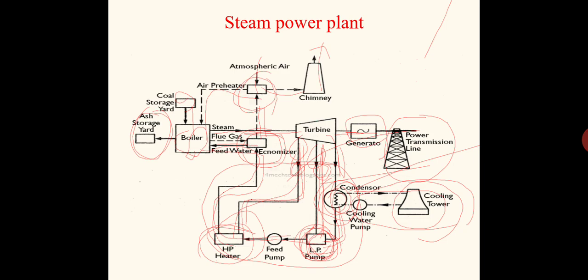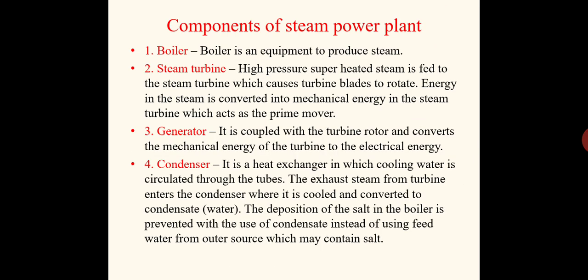Another difficulty is, if you are supplying the water from the river and sea, there can be salt deposition, as well as contaminants. That will finally come as a coating layer inside the boiler, which will create problems for the heat transfer inside the boiler. It will act as a shell. Okay, so those are all the difficulties. So the water circulated into the boiler should be in its purest form. To make sure of that, we will be using the same water to circulate again and again, so that it won't get contaminated. That is the reason. So that is what is explained here.